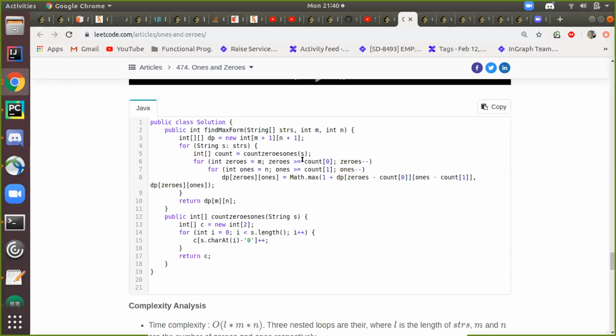We can write it either way, right? We can place the ones for loop above and the zeros for loop. Yeah, you can start from 0 also, from the top left.